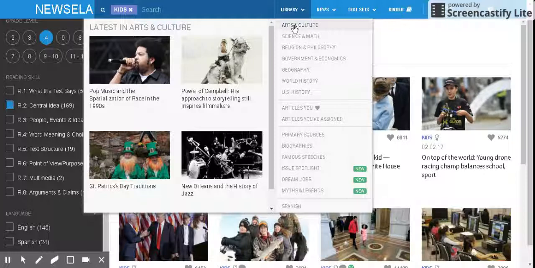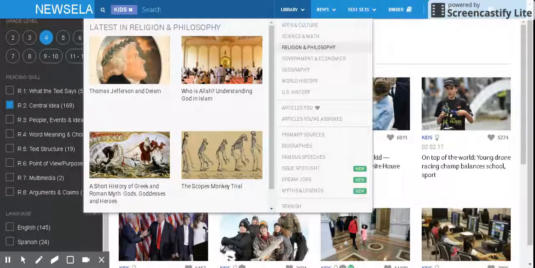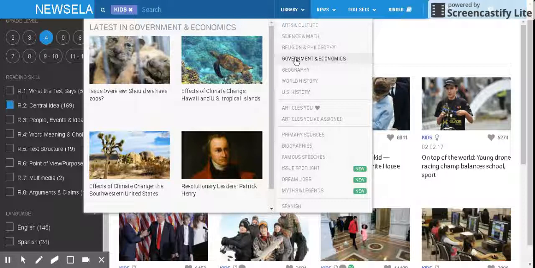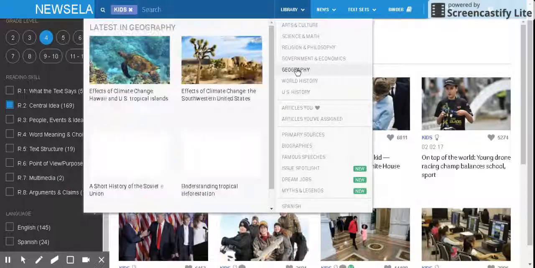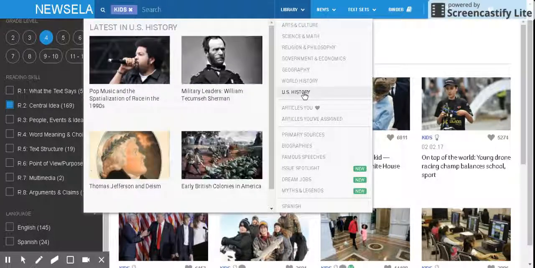So here in the library, I have information about arts and culture. There is science and math, and these are new information, but it's information that is not always going to be on the front page of the newspaper. So if I'm teaching government, I definitely have some good articles to look at in there. Geography, world history, U.S. history,